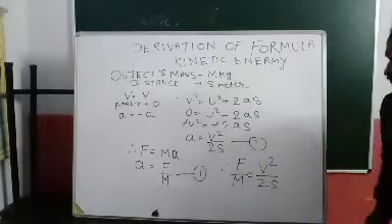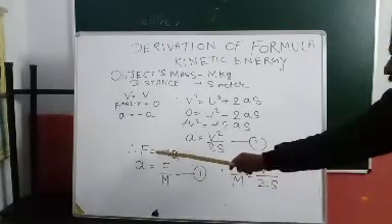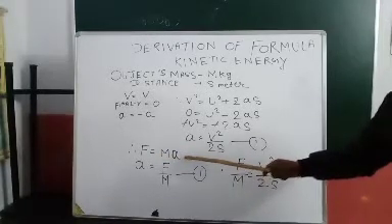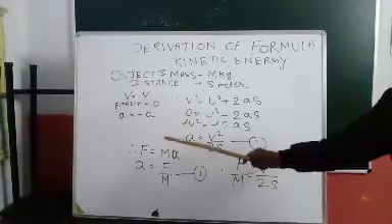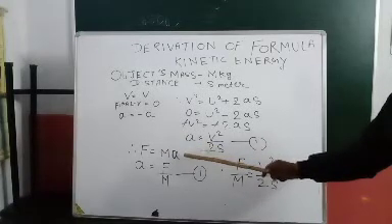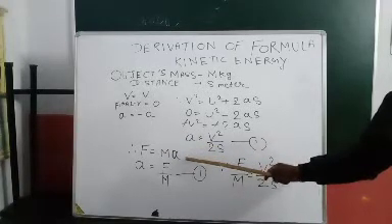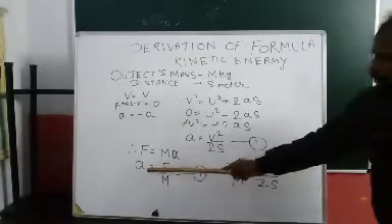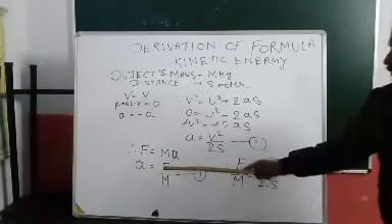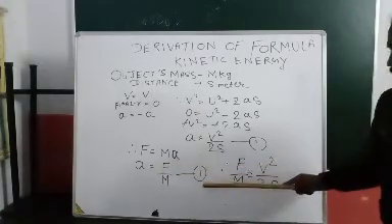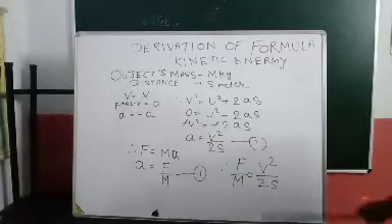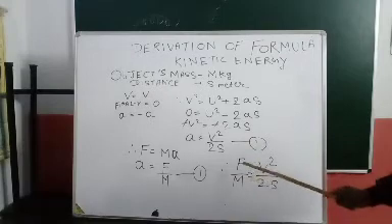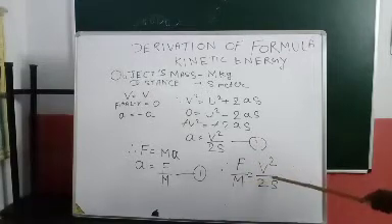Now, F equal to mass into acceleration. We know that according to the formula of force, it is mass into acceleration. Acceleration, that means the rate of change of velocity, is called acceleration. So a equal to force by mass from these equations. Now again, both equations are equal to each other: F by m equal to u square by 2s.